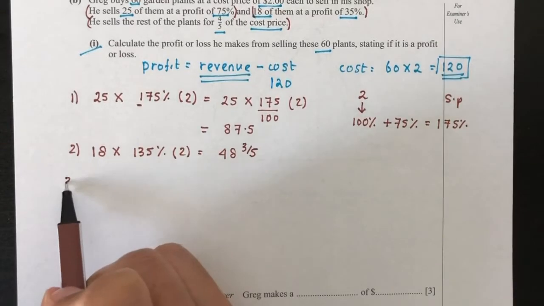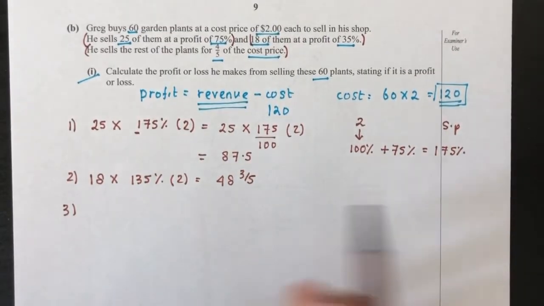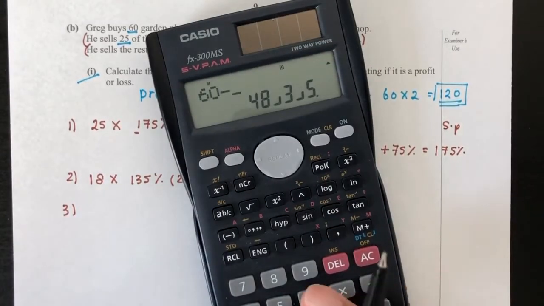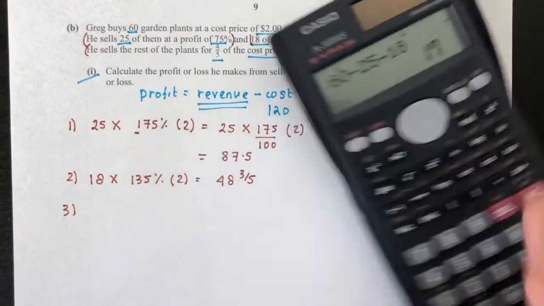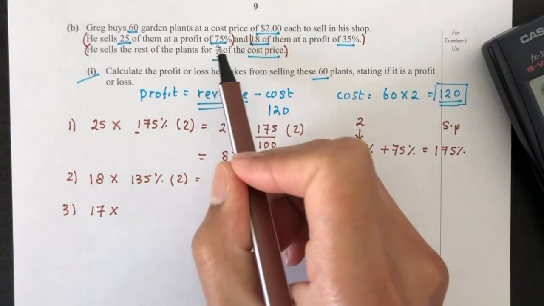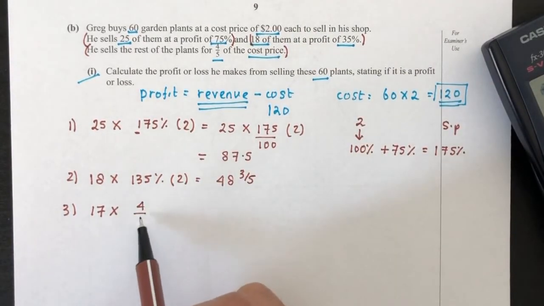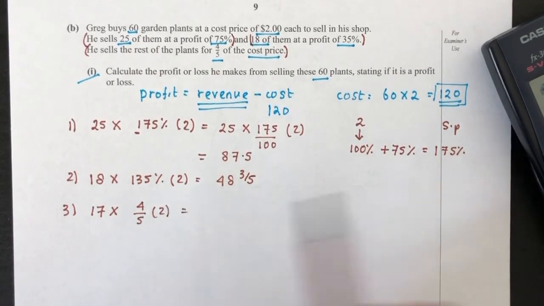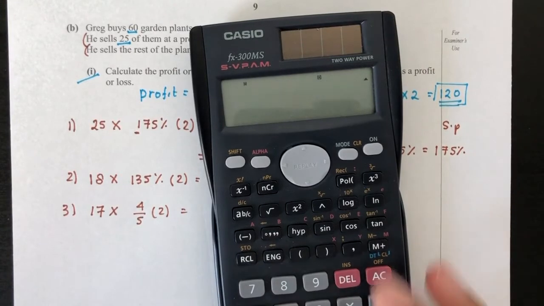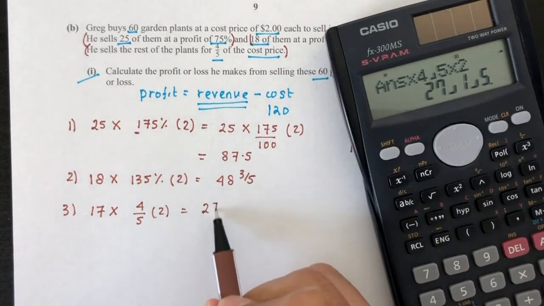And for the third part, it says he sells the rest. So what is the rest? The rest will be 60 minus this minus this: 60 minus 25 minus 18. That will be 17 is the rest. He sold for 4/5 the price. So 4/5 will be 4/5 times the cost, times 4/5 times 2. That will be 27